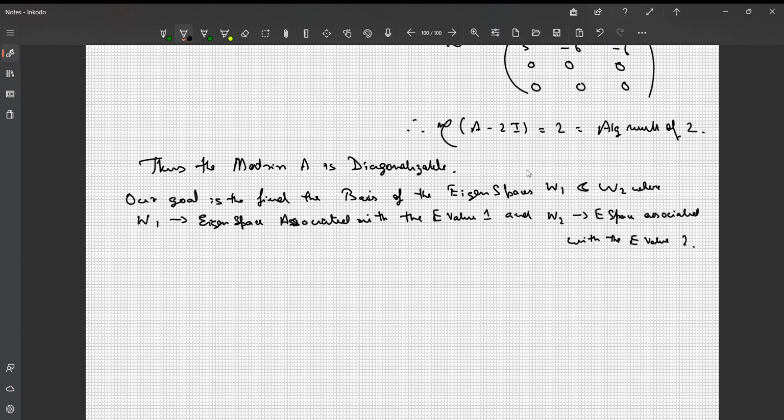So the typical observation from here is that since we know the dimension of W1 is 1,